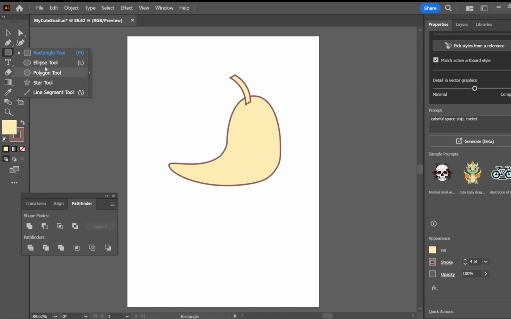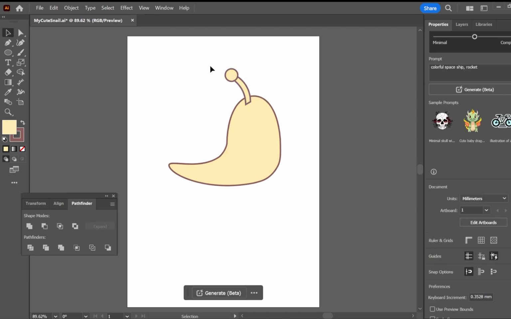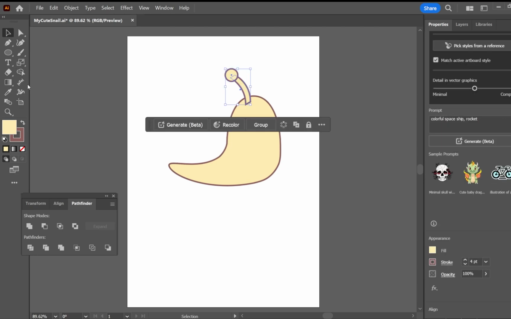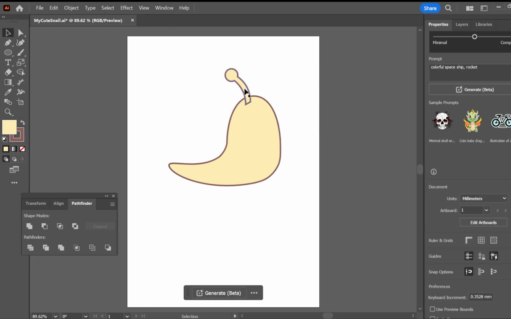We're now going to add the ellipse tool, holding down shift to get that perfect circle. Place it on the top. And then if you highlight both of those sections, you can use the shape builder tool and just draw over the two of them, and it will join those two together.